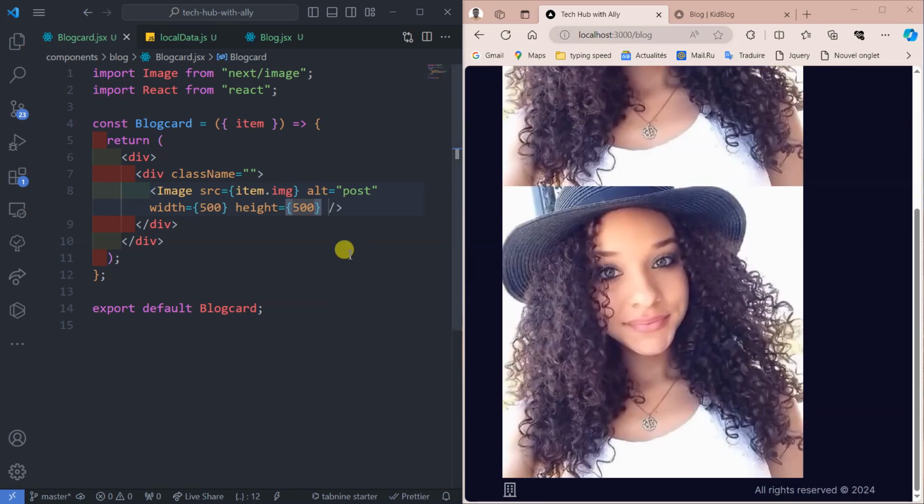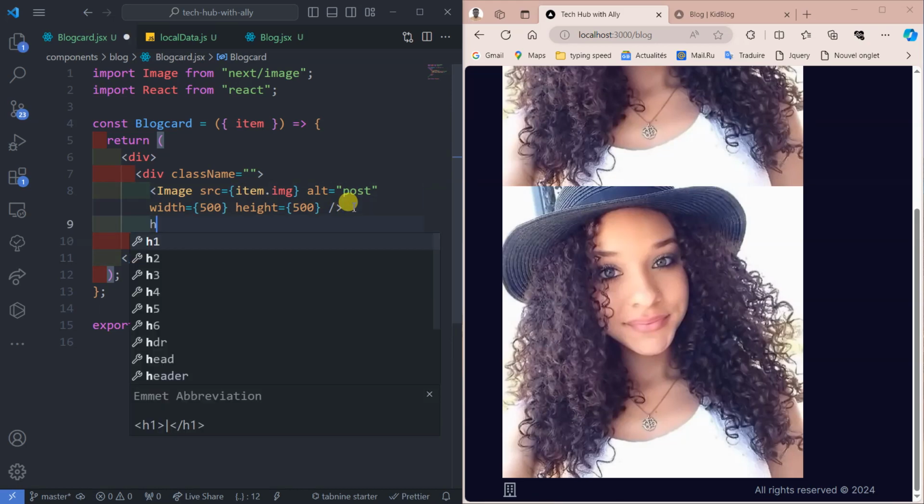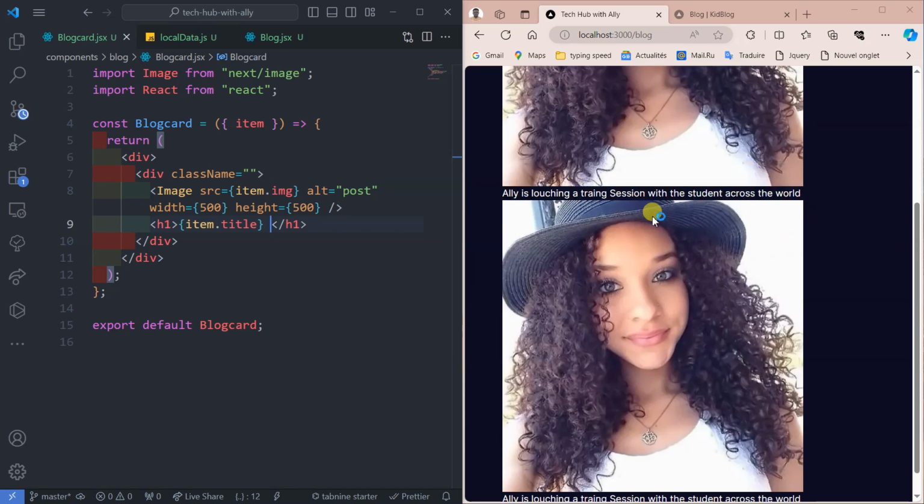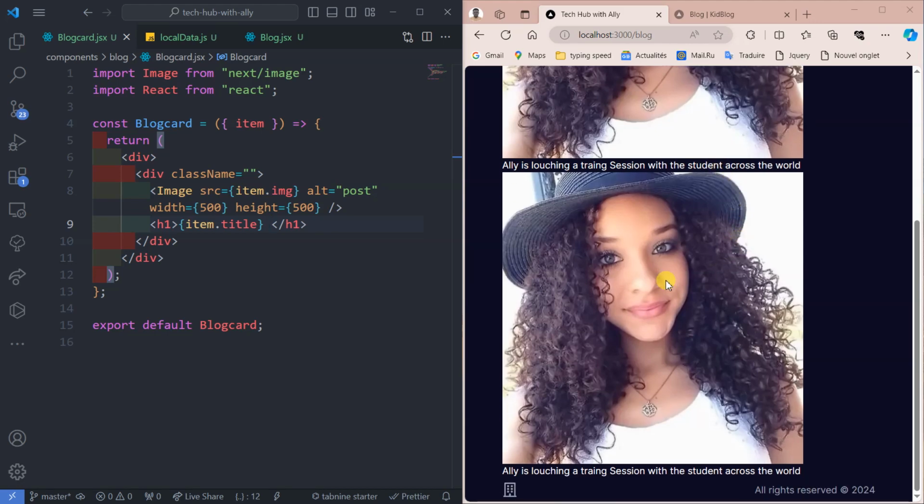So next we need to pull what? We need to pull our title. So our title, you can pass it through h1. So in the h1, for me to get the title is going to be item dot title like this. After I close this one back and save. Now if I save, expected to see the title. You see the title is coming. Ali is launching a training session. You see,